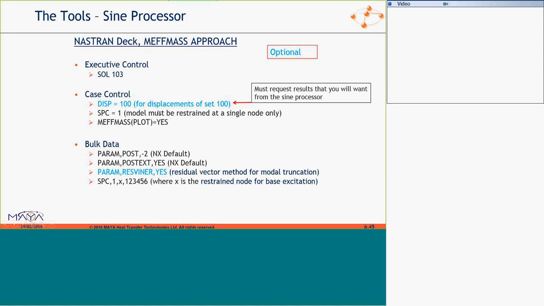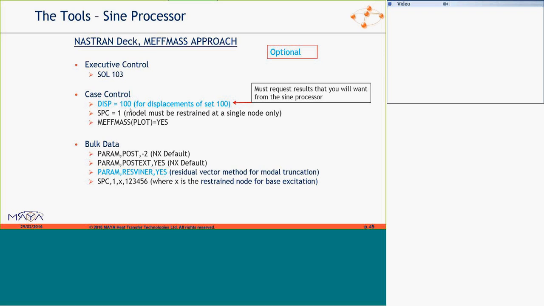And you need all your output requests. So if you request displacement, velocity, or acceleration from the toolkit, you need to request displacements in the Nastran SOL 103 solution. If you're getting stresses from the toolkit, you need to ask for stresses in the SOL 103 solution. Similarly for any other output request like force, MPC force, etc. If you forget to add them, request them here.